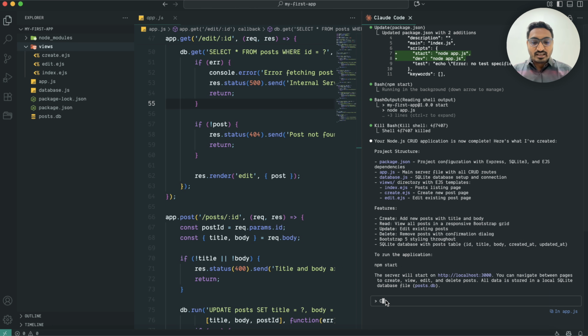Okay, so I will say, can you add a new column status, and there will be two options, like this: draft and published. Okay, then I will also mention that by default it will be